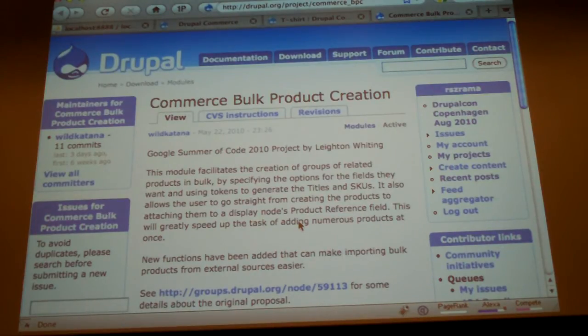So it's a really nifty project, and I'm really thankful for Google and also for the student who stepped in to do this, because you really need a usability layer on top of something as complex as this. You couldn't just install Drupal Commerce and deliver it to your client and expect them to know how to create products. I probably can't just install it for you and expect you guys to know how to do this either,